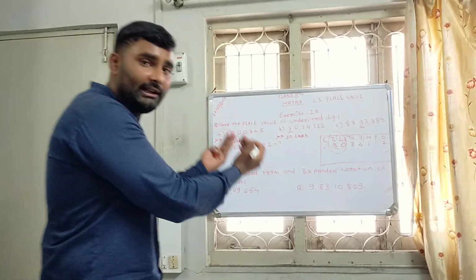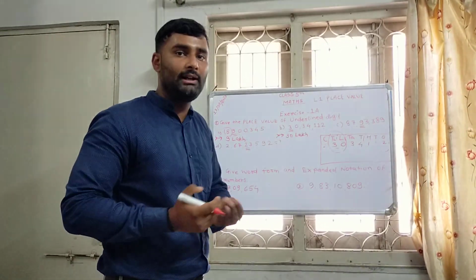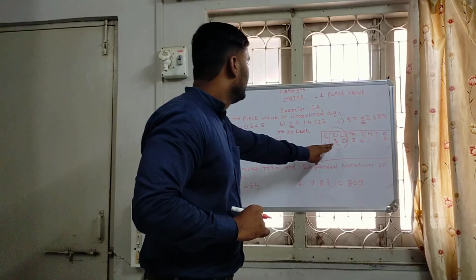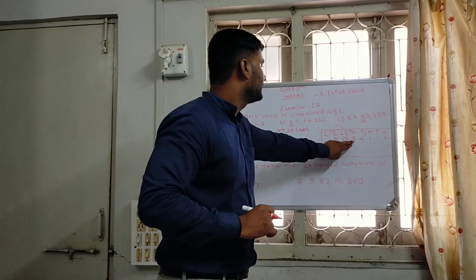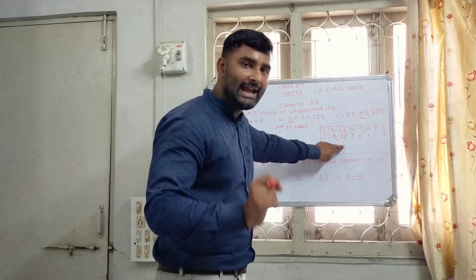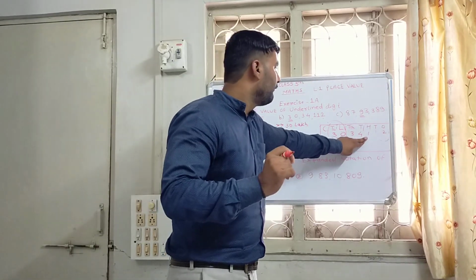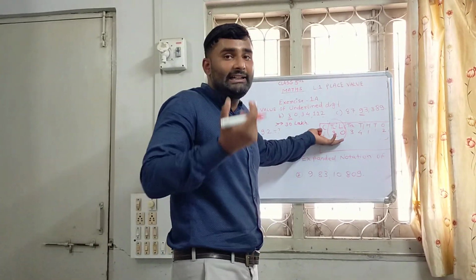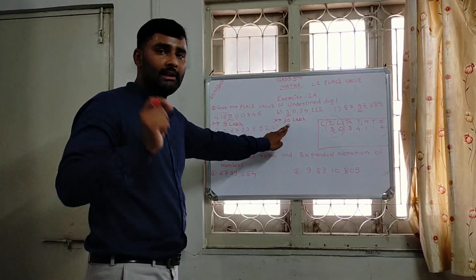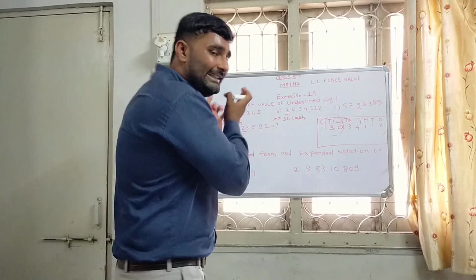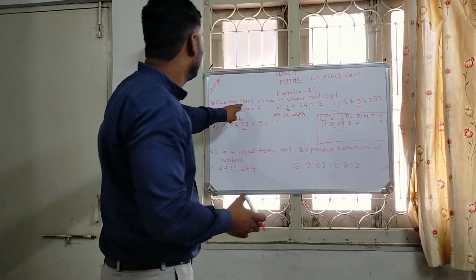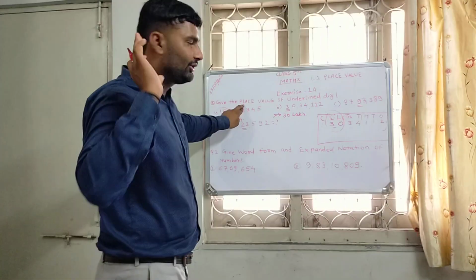34,112. While I read this number, automatically I know the answer to this question. See, 30 lakh, 34,112. 30 lakh means the value of 3. The value of 3 is 30 lakh. So similarly, this method is used for solving the questions which are based on place value.